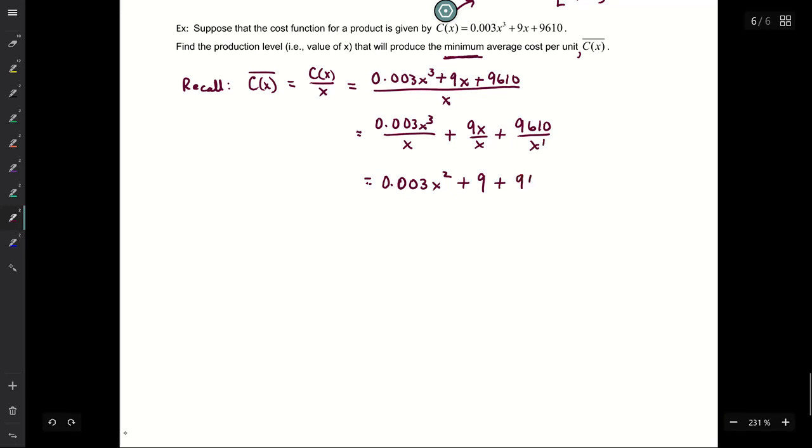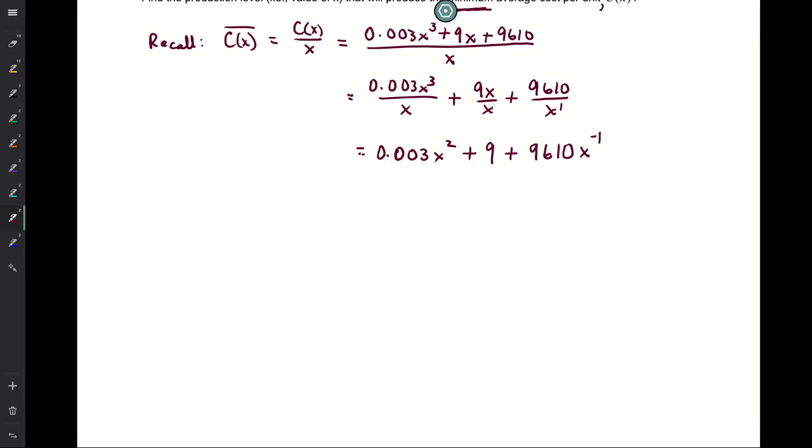I'm actually going to rewrite this one using a negative exponent so that I can use the power rule when I take a derivative. All right, so now we're going to want to find our critical numbers. To find the critical numbers, we need to take the derivative of the average cost function. To do this, as far as notation, put your average cost function